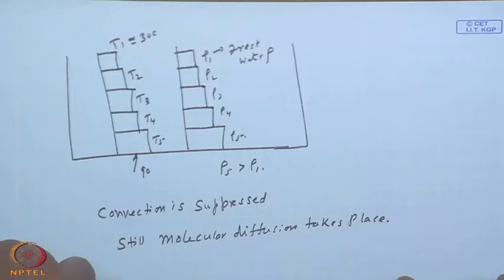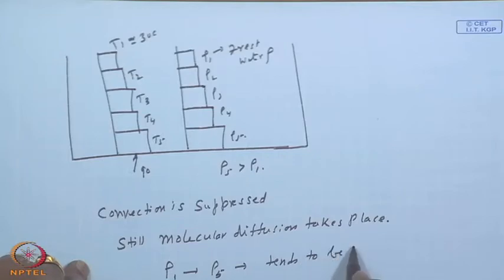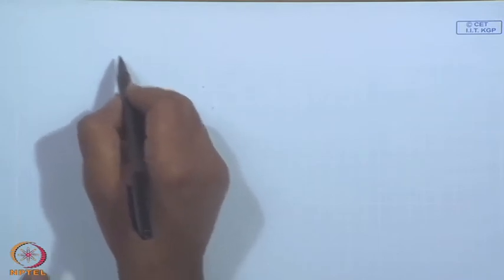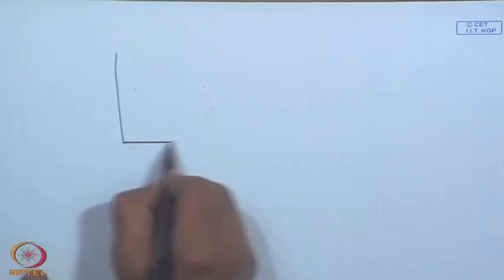Okay? So, again rho 1 to rho 5 tends to be uniform. Okay. So, what we do for this is, before that is happening, so you have this